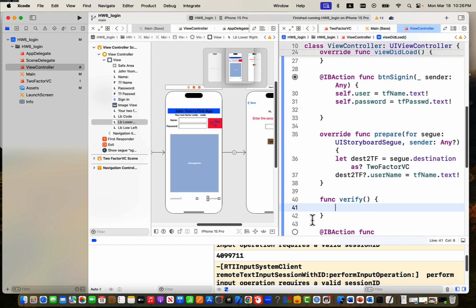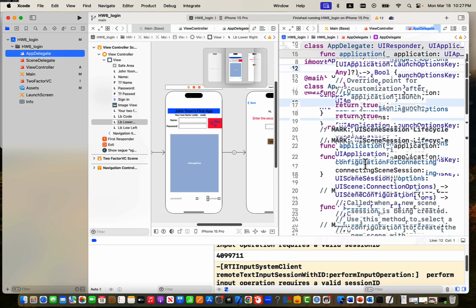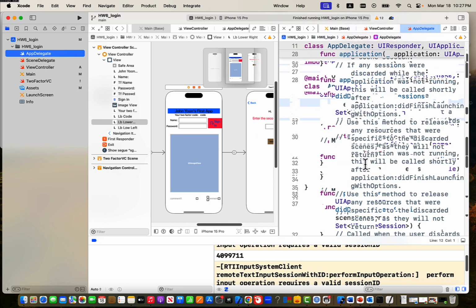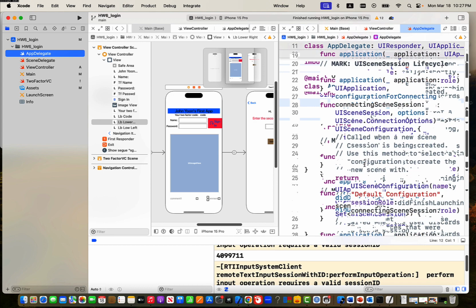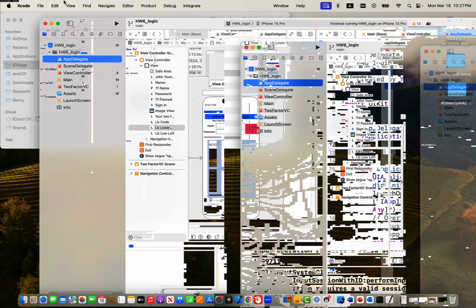Now we need to create a database within this app. As I said, right now we do not have a database here, right? And also app delegates. If you see app delegates, there's nothing about databases, right? So what I will do, I'm going to put this aside a little bit, and then we will work on what if we have